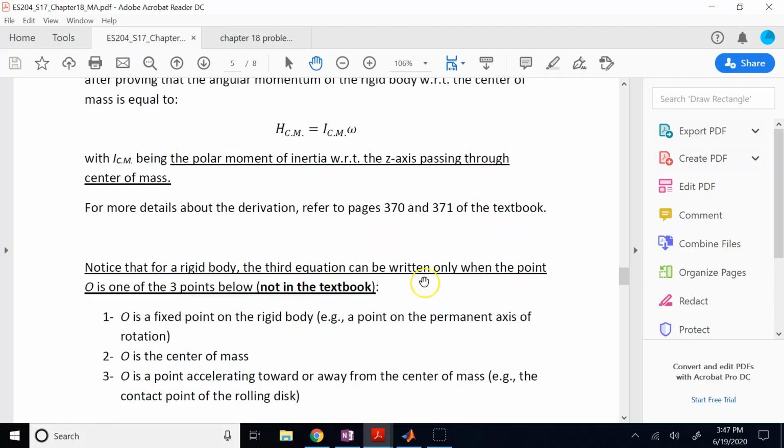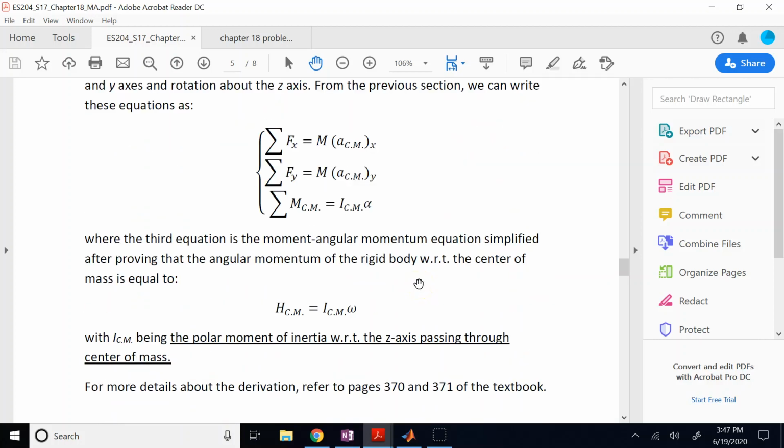And before I start using them and solve problems, I want to talk about this third equation, the rotation equation. So in the rotation equation, you see we are calculating the moments and then the moment of inertia with respect to the centroid. And we have this simple equation from which we can find alpha, typically. Now,